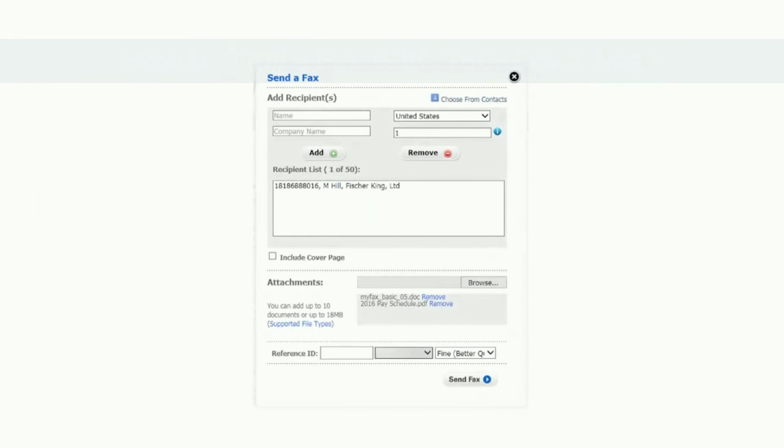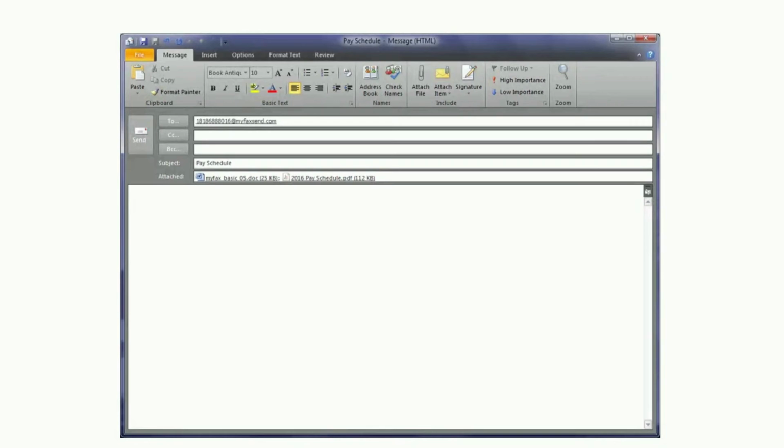If you are using the Send a Fax form on the web, make sure you have unchecked Include Cover Page. If you are sending the fax via email, make sure the body of the email is entirely blank. You can enter the command No Cover Page into the body of the email to ensure any text in the body, such as automated signatures, is ignored in favor of your attached cover page.